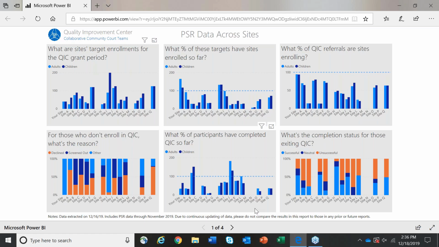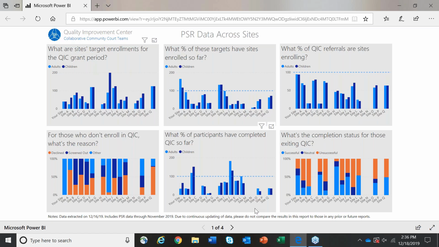One is that if you recall, back before we launched REDCap in May, we were asking you to submit your monthly program snapshots through Excel. And during that period, when we were collecting through Excel, there are a few programs who reported more closures than enrollments. And so we're thinking it might be a matter of them having inadvertently reported closures for folks who they may not have actually considered part of their QUIC program. We're not sure, but we'll be talking with those sites to see if we can understand what happened there